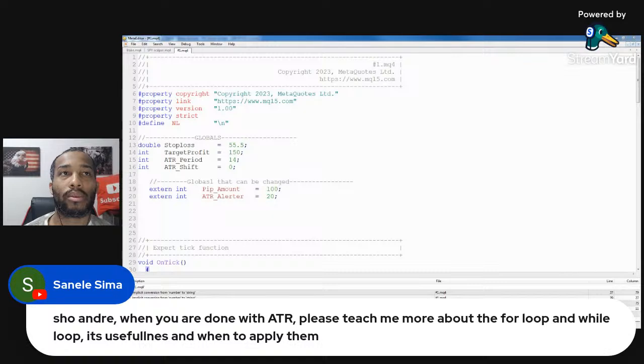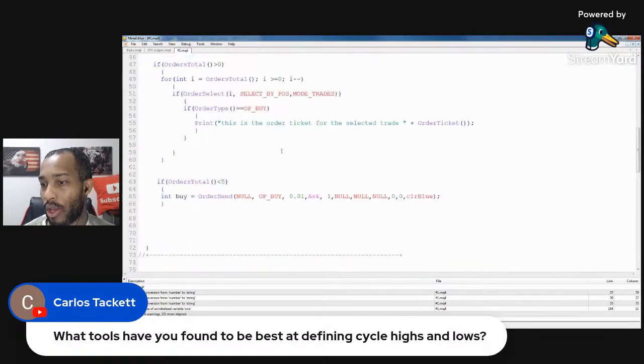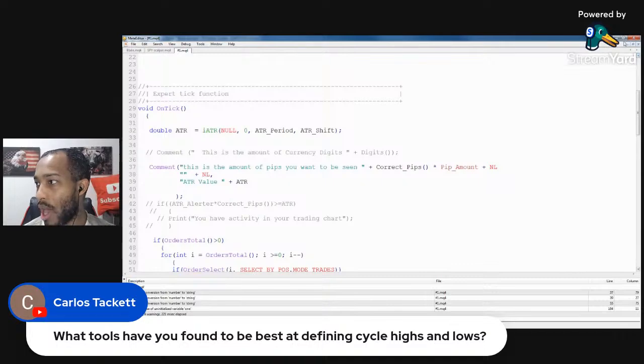Let's see. What tools? Oh, this is from. Let me pin the comment real quick, okay? All right, this is from Carlos Tackett, my bad. What tools have you found to be the best for defining cycle highs and lows? Okay. So if you want just to verify, if you guys want to find,